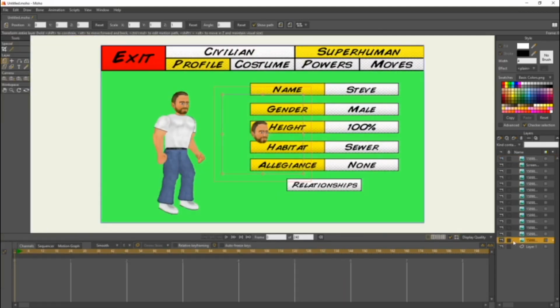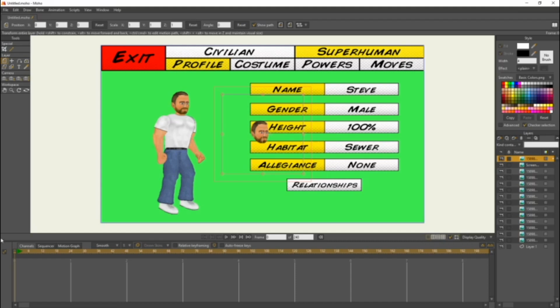Now, I should say with this picture, where you took a screenshot of the full character, it doesn't matter if you erased the background of it or not. I kept the background, but if you erased it, don't worry, it's fine. So, once you have all these imported, on the left here, you see where I'm clicking? These are all the pictures you just imported. So, we're gonna click on these eyeballs here, and that hides the picture.